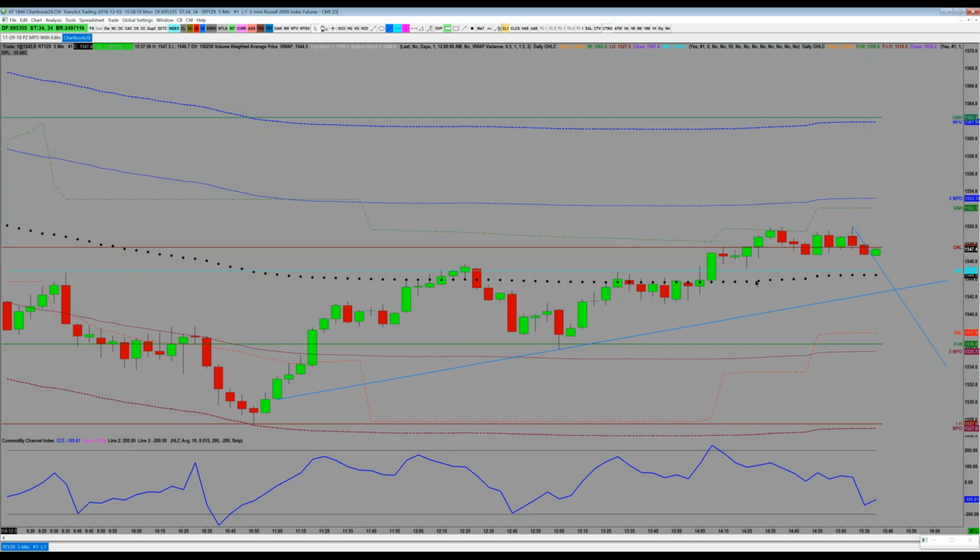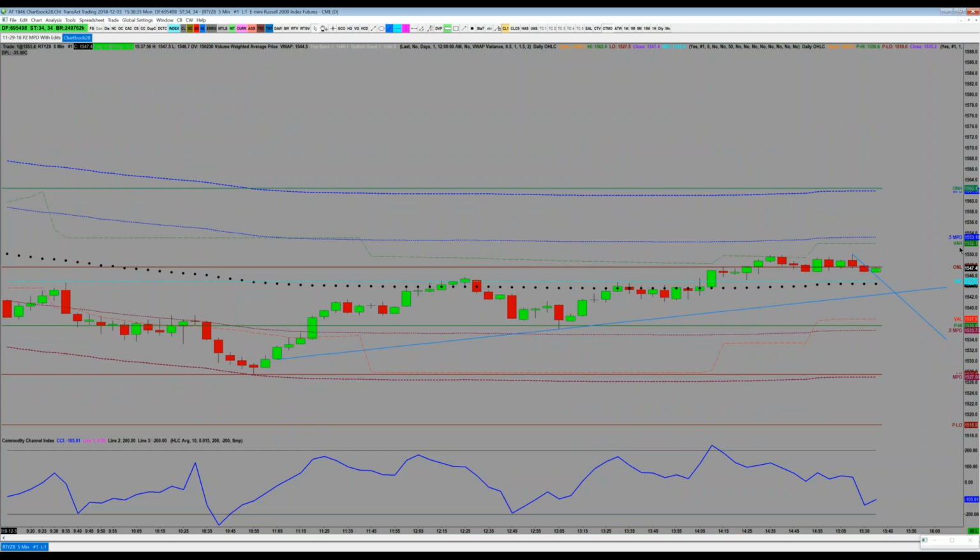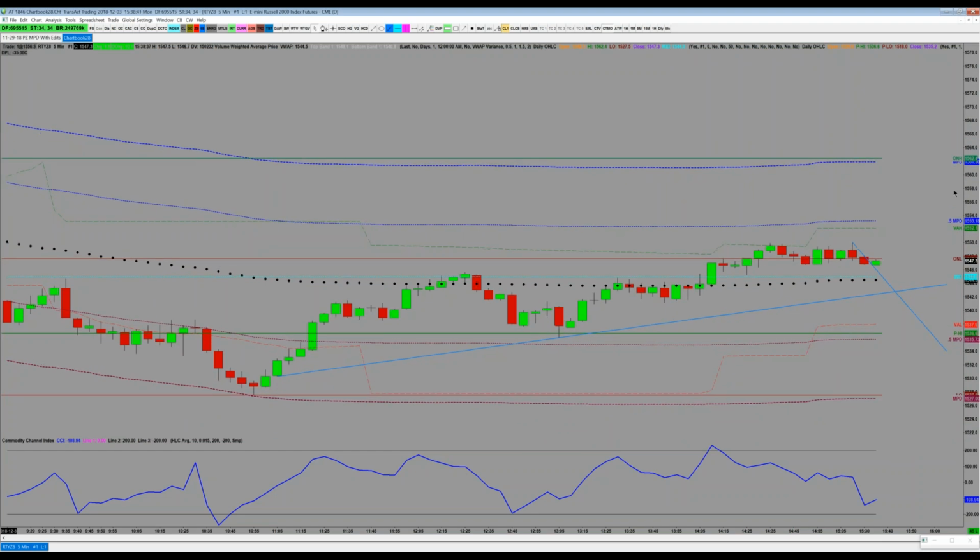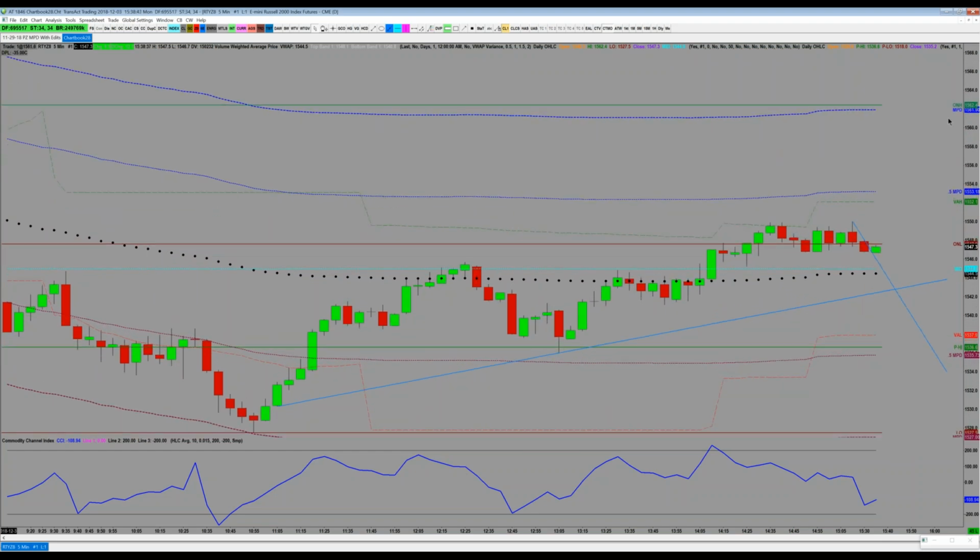It's basically exactly what it sounds like. It's the volume weighted average price, so you're giving more weight to prices that have traded a lot of contracts. If anybody's heard that term, VWAP, that's what that is. All right, then up here, you've got the value area high. You've got 50% of the maximum permissible deviation to the upside, and then the actual maximum permissible deviation up here. And then you've also got the ONH, which stands for overnight high.